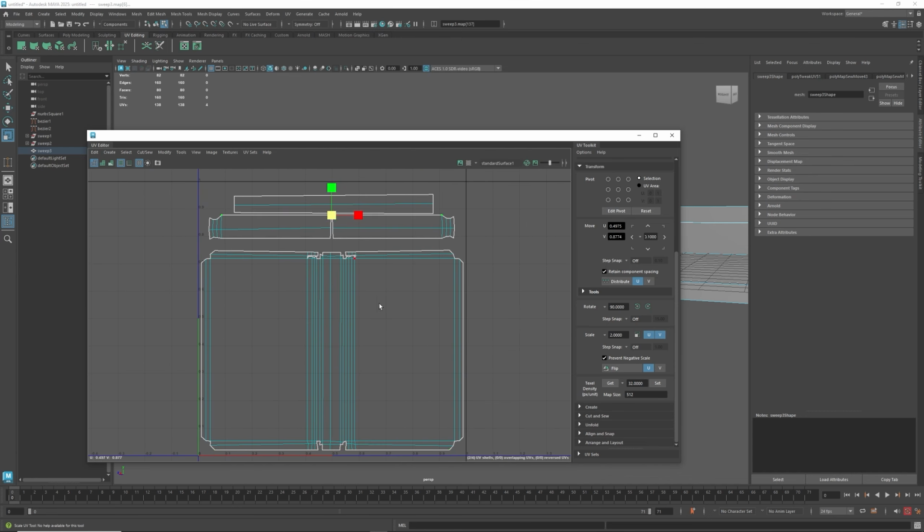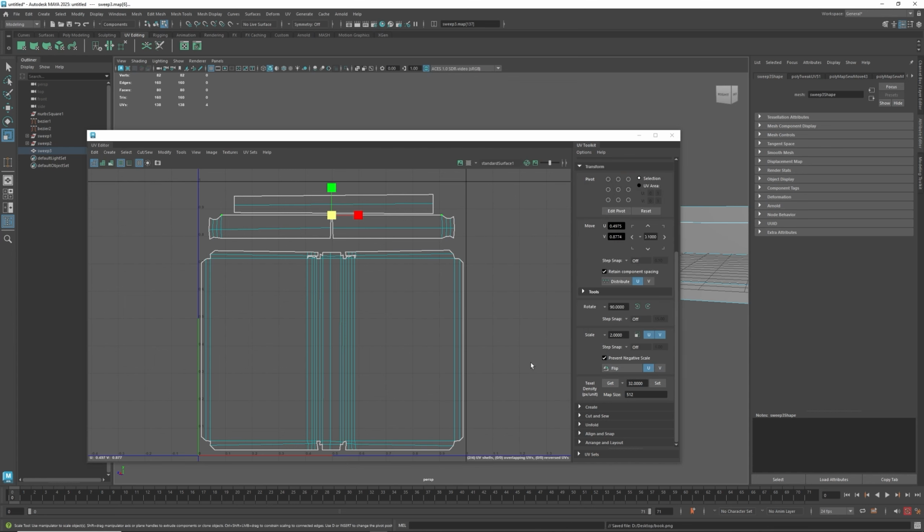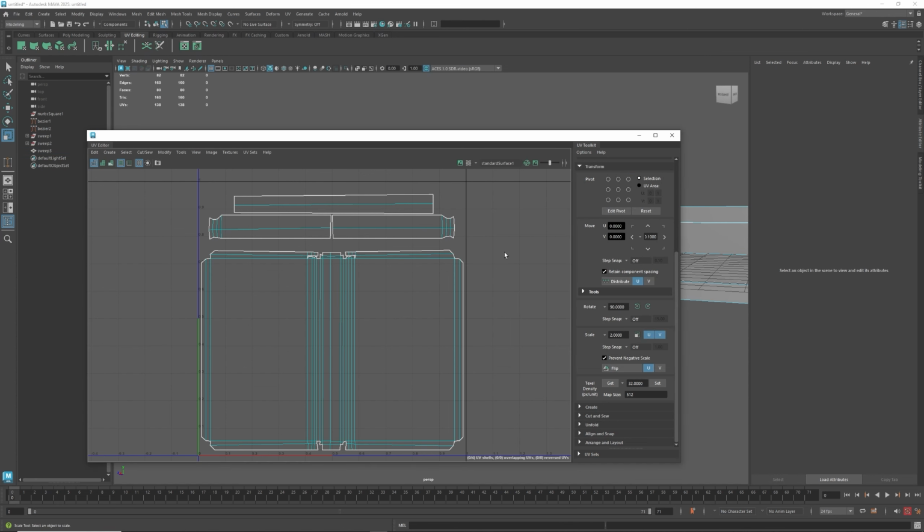All right, so when you're done with this, we can do a snapshot. We can output this as a PNG or anything like that, and work on our textures down the road here. Once you do that, let's change this from chest PNG to book. And this is our size, and we're going to hit apply and close, and now that'll export our textures out. Okay, and with that it will create a PNG,